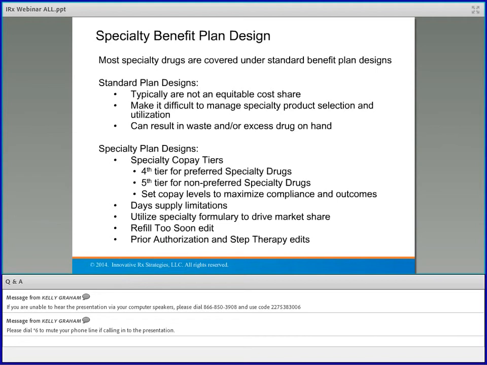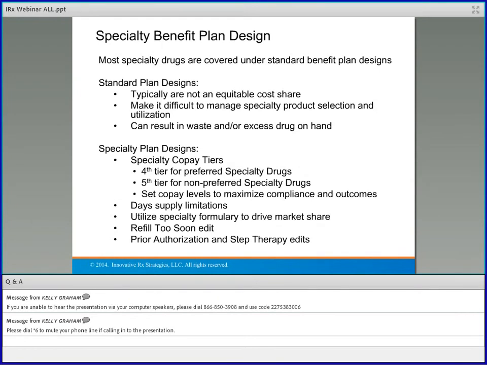Refill too soon edit: where do you set that edit? Part of what we talk about, limiting the day supply to 30 days, is having that refill too soon edit set so it's appropriate, so that when the pharmacist does reach out, they can't get it filled too early. When you think about standard plan designs, you may allow 2/3 of the medication to be completed at a retail setting, for example. So if you get a 30-day supply, they may be able to refill it after 20 days. Having a refill too soon edit that's more tightly managed than that is to your advantage, right? It cuts down on overutilization and waste.